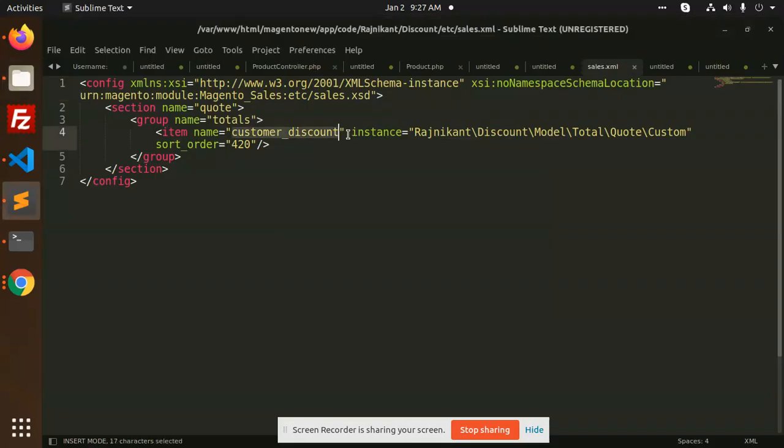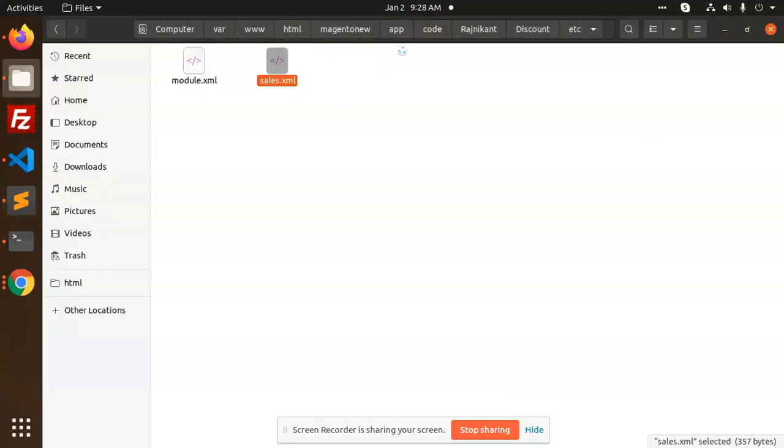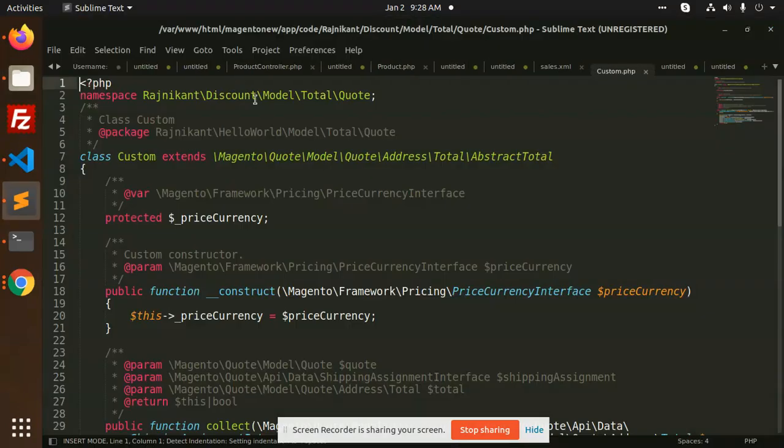Here we need to define the custom discount and which model logic I am going to use to calculate the discount. So here we have the logic: Discount model, Total, Quote, Custom.php, that we have mentioned.